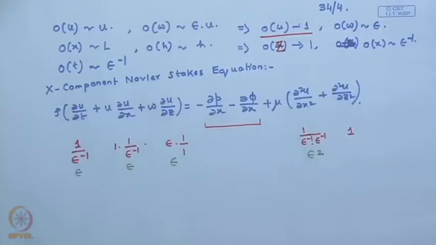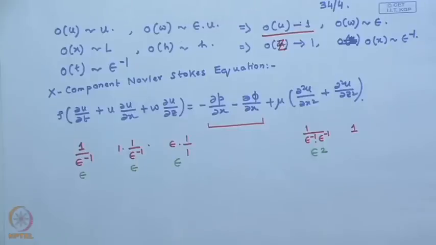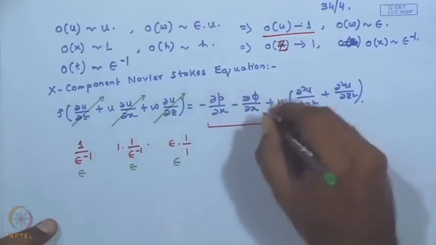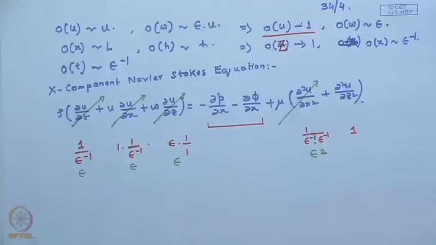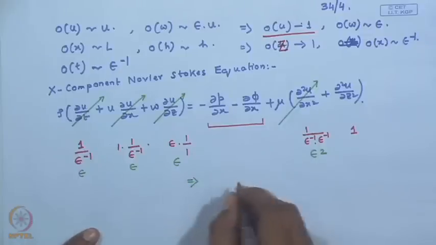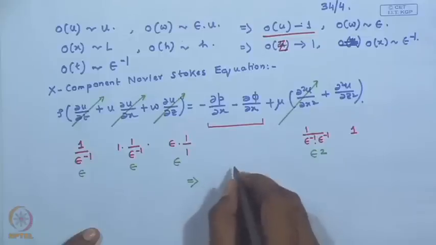So, based on an order of magnitude analysis for a thin film, we see that from the x component Navier-Stokes equation, all these terms sort of are insignificant, and therefore, the final governing equation takes the form of